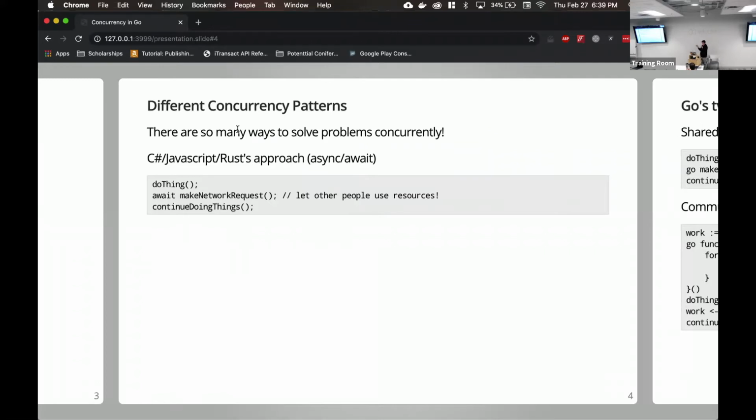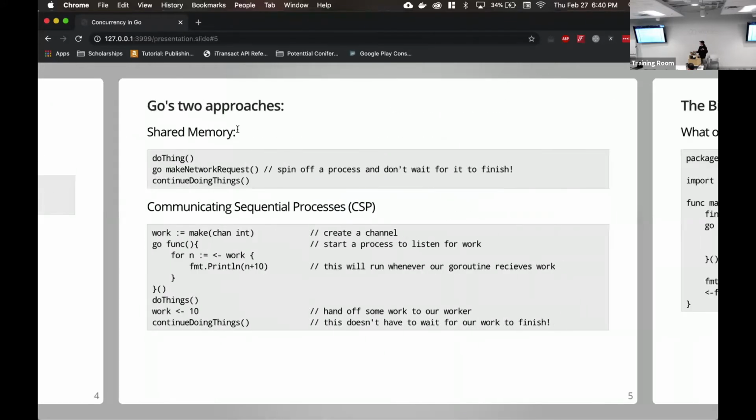And it goes off and it does its thing, and then it comes back and returns some sort of value, and you can continue doing things. It's kind of a very synchronistic way of thinking, where you're going down each step, and you kind of think of it as if it weren't asynchronous at all. But the power of Go is that it doesn't necessarily give you that for free.